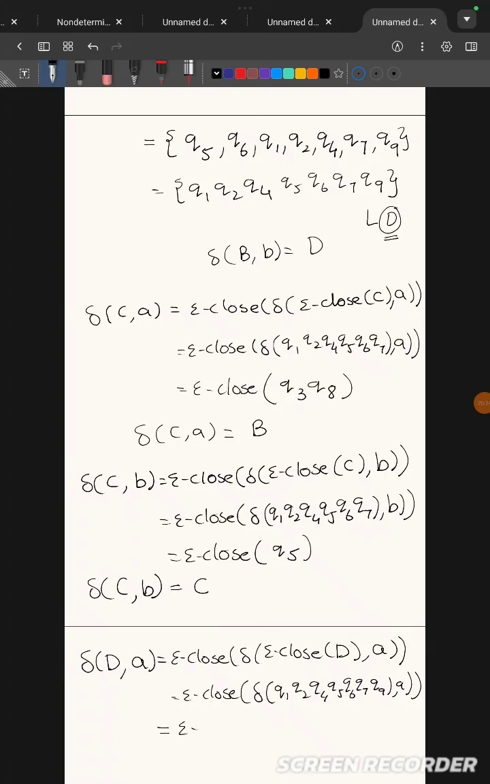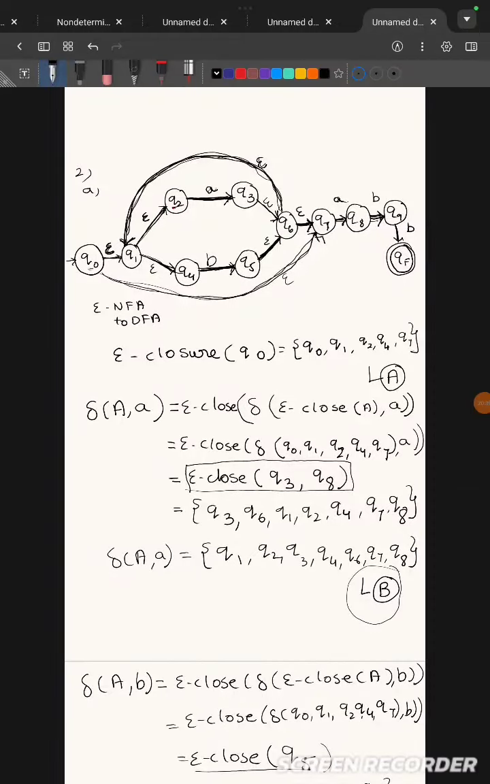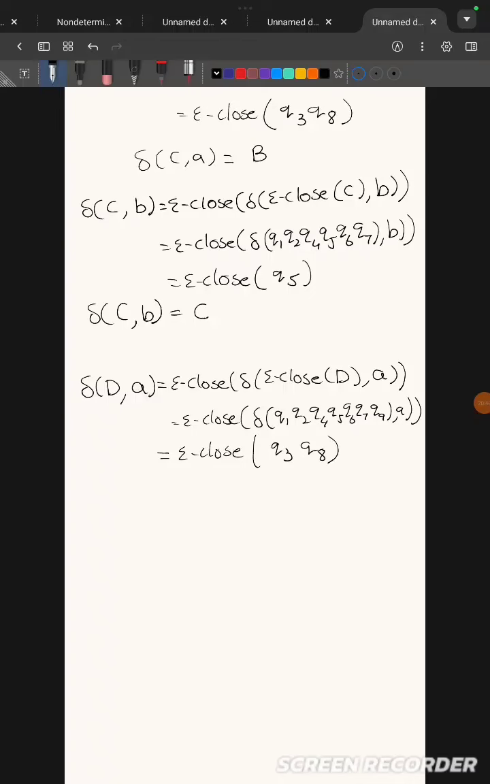Okay. We know that Q2 will go to Q3, Q4, Q5, Q6 don't have transition on A, Q7 will go to Q8, that we know. We'll check for Q9, okay. Q9 having transition for B only, so that's it. It is just Q3 comma Q8. We all know that Q3 comma Q8 is B, so we can directly write D comma A is equal to B. Okay, now we have to find for small b, epsilon closure,